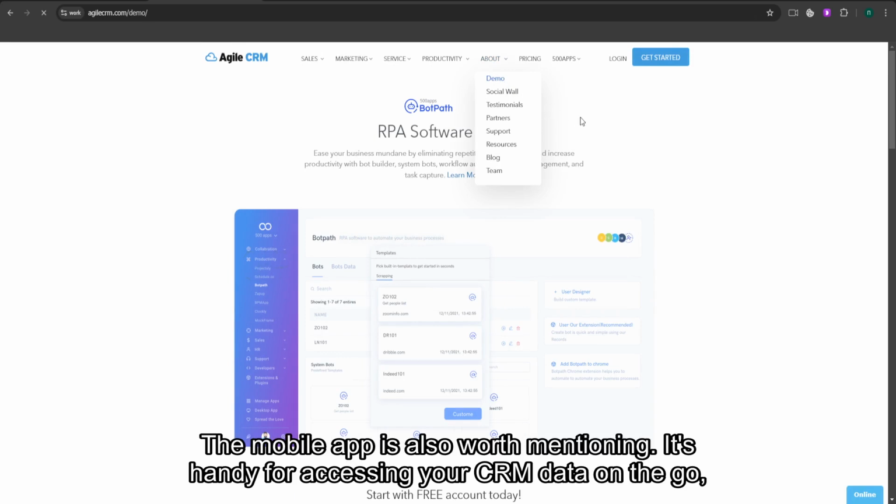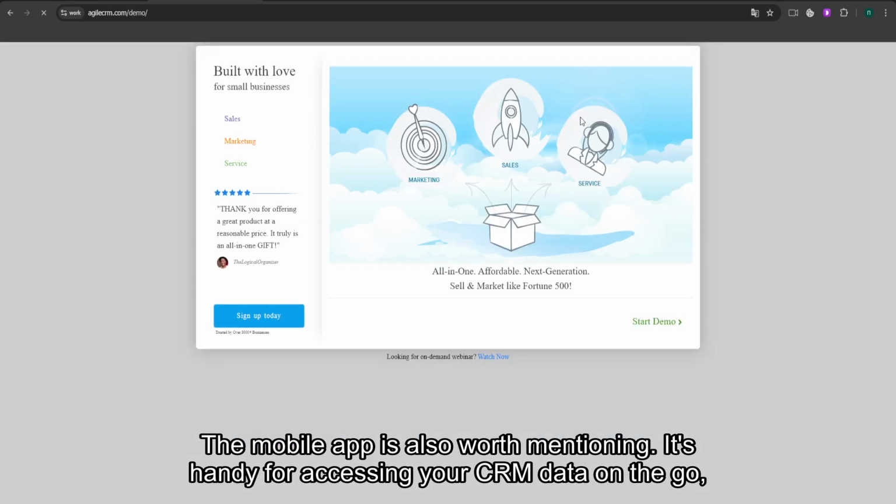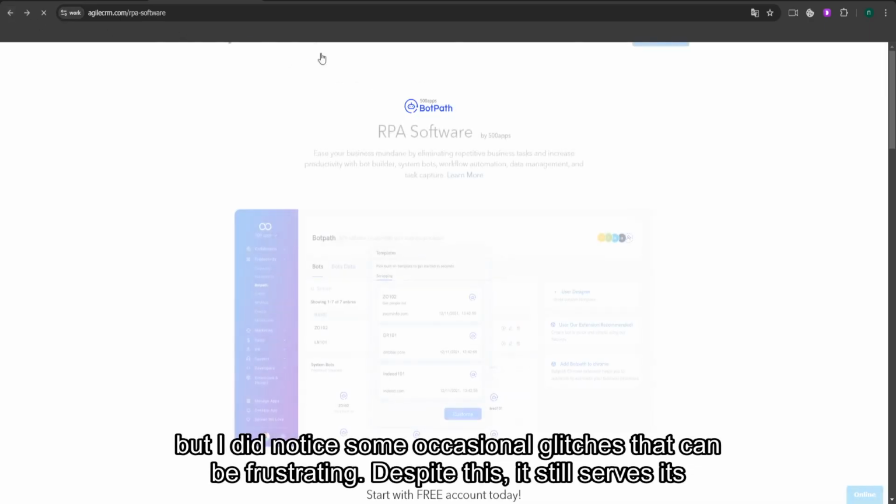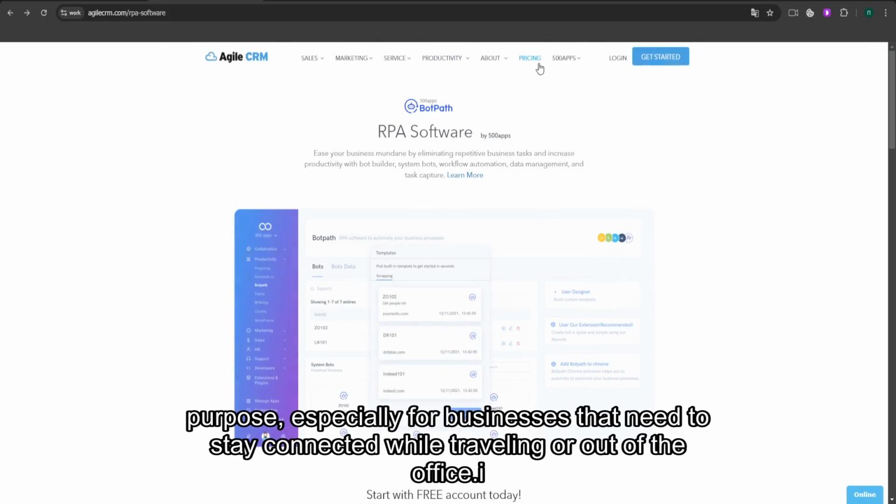The mobile app is also worth mentioning. It's handy for accessing your CRM data on the go, but I did notice some occasional glitches that can be frustrating. Despite this, it still serves its purpose, especially for businesses that need to stay connected while traveling or out